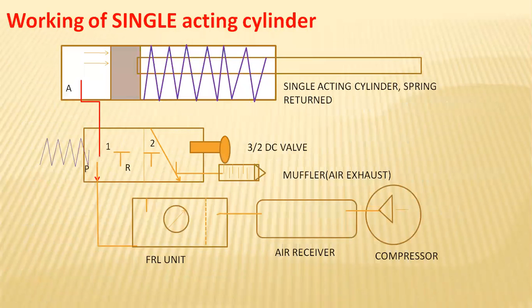So we will have different kinds of cylinder and piston arrangements, and the DCVs, directional control valves, are utilized in these actuation systems. Here, actuation systems are nothing but those causing the movements within the cylinder and piston arrangement.